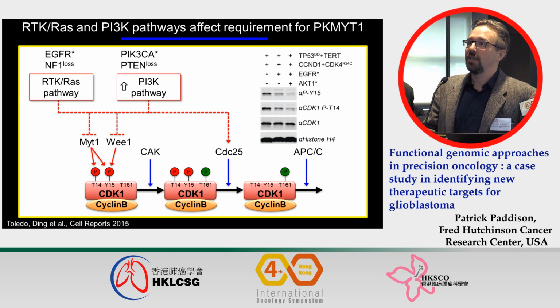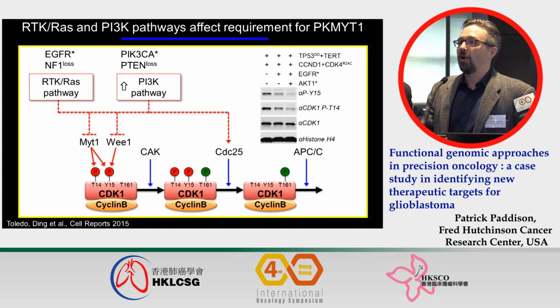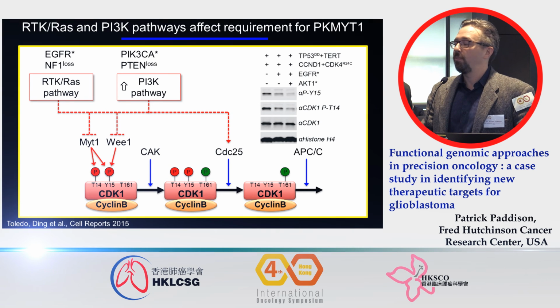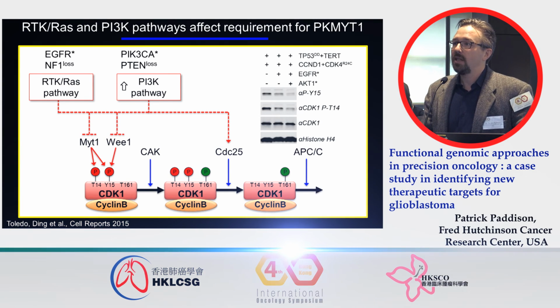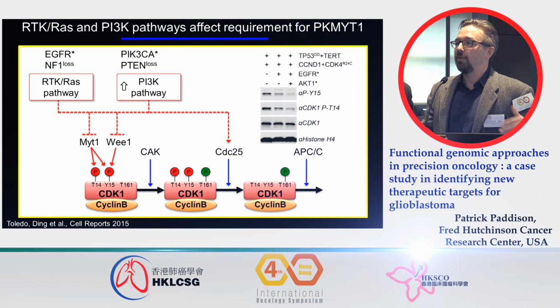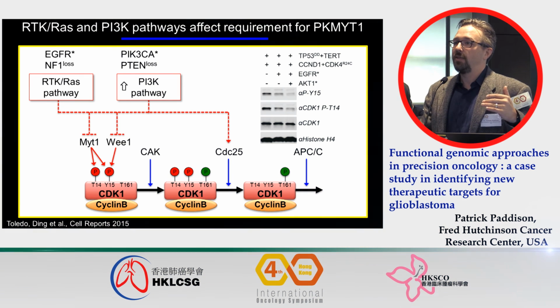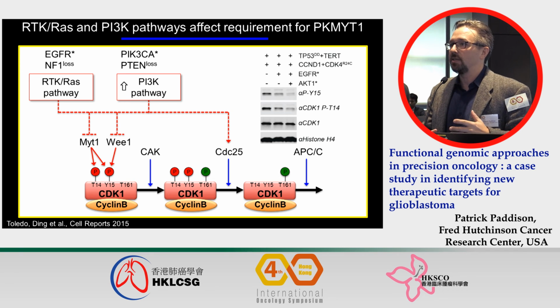in mitosis. And we think the reason is that when we transform our neural progenitors or other cells with things affecting EGFR or PI3 kinase pathway, we actually see a reduction in phosphorylation. So the baseline of these phosphorylation events goes down. We don't know why exactly, but we think it causes a breakdown in redundancy between these guys that causes the